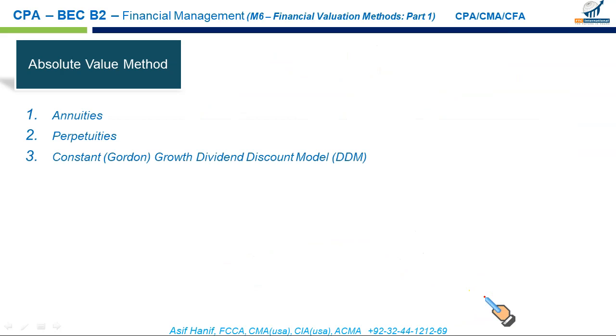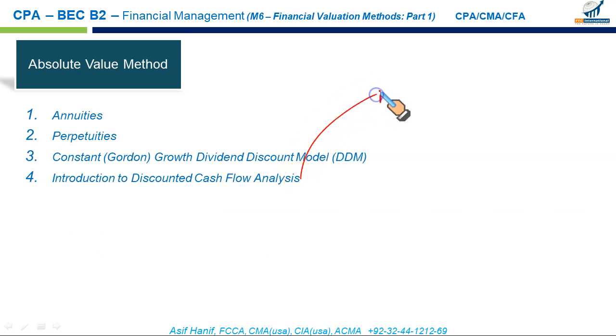So we have done these 3: annuities, perpetuities, and the Gordon Growth Dividend Discount Model called DDM, and now a little intro to discounted cash flow analysis. We have discussed in the above 3 that the value of the stock is the future cash flows discounted. So let us expand this idea, how we can use the DCF or the discounted cash flow model to value the stock. How to calculate the value of equity by using the present value of the future cash flows. There are 3 methods to it. The first one we have already discussed, that is DDM, Dividend Discount Model.